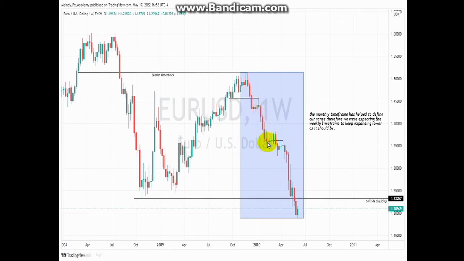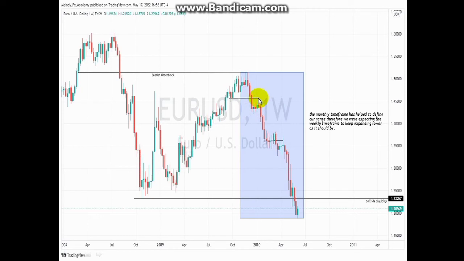Then you are already aware that price is expanding lower, and you are targeting these old lows, right? You are targeting this old low. So in other words, getting in here, you will hold your positions depending on you. As a swing trader, you can hold for several weeks, like we mentioned earlier. So certainly we got our entry after we got to the monthly bearish order block. That will be 1, 2, 3, 4, 5, 6, 7. That's obviously about a month and 3 weeks, if I'm not mistaken. It should be a month and 3 weeks before we got our entry.